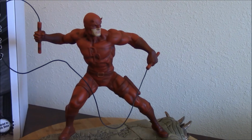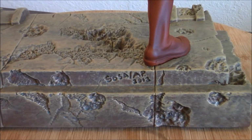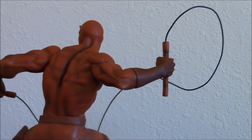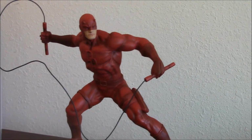I love the way the color is. The shading is great. The base is great. As you can see, the signature right there from Sosa. As always, he signs his work. It's beautiful, and it looks perfect. Now it's time. Let me start to show you some comparisons and see how well it does with other